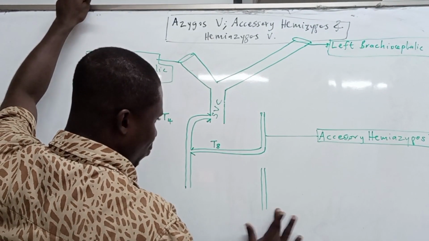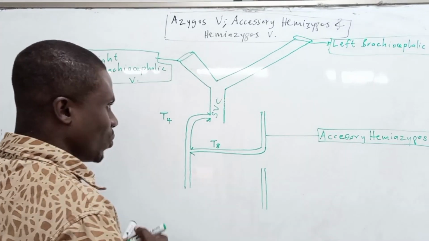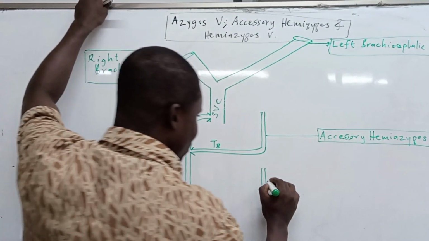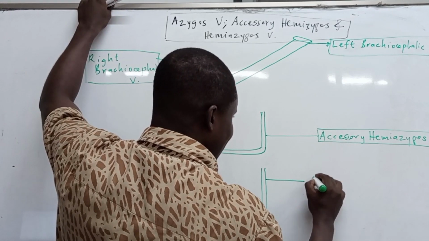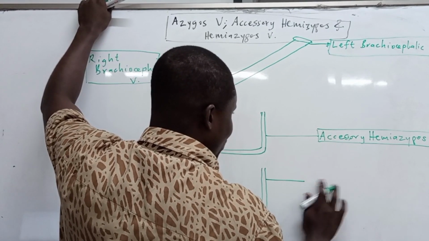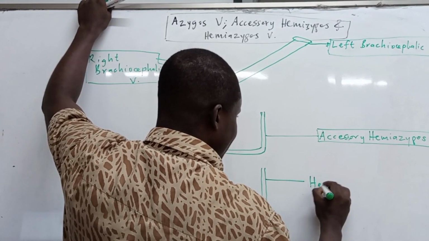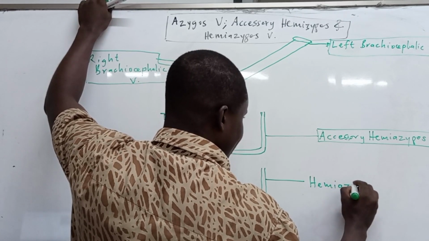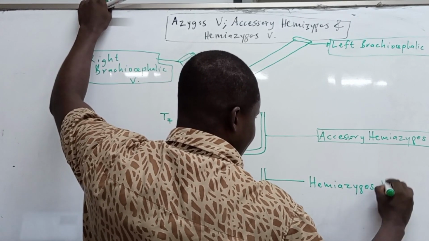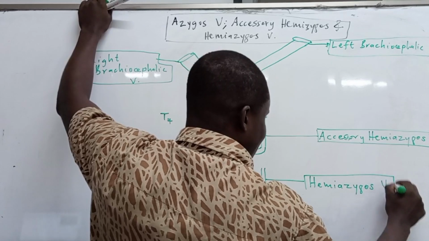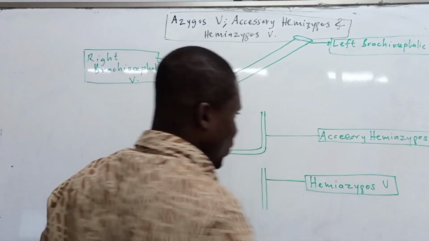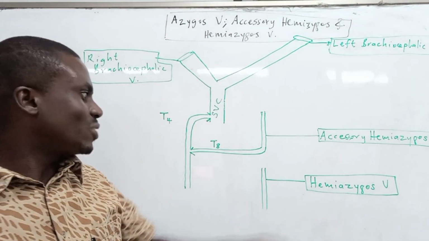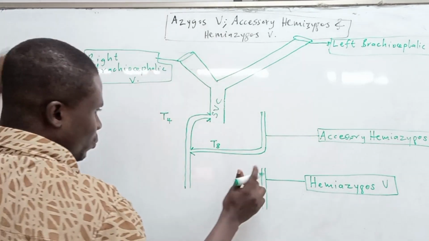Now, also from the lower portion, this time around, we have what we call the Hemiazygos vein. Some people spell the Azygos differently, but there's no E over there. That is the Azygos vein. Now, it goes all the way,